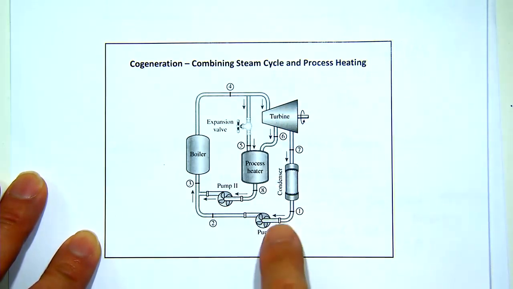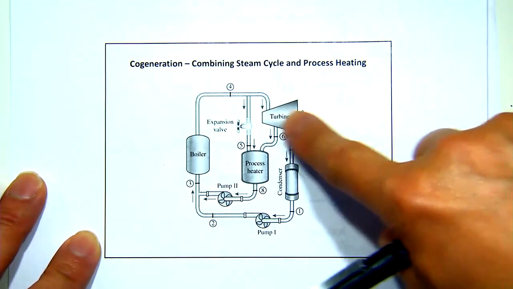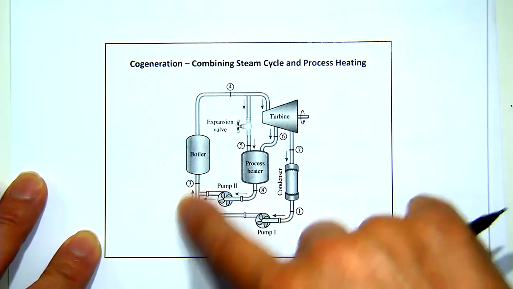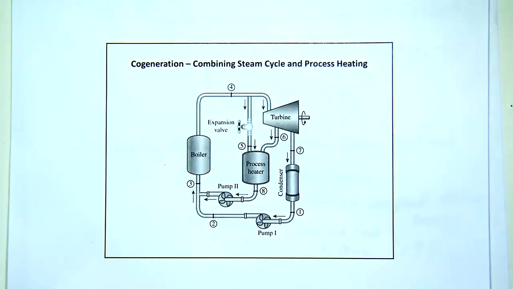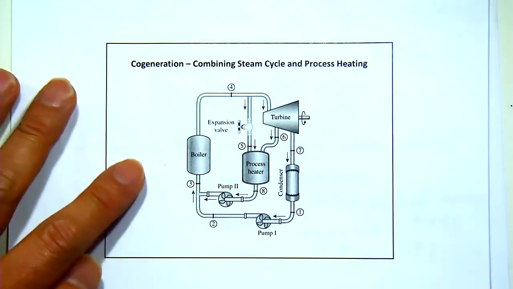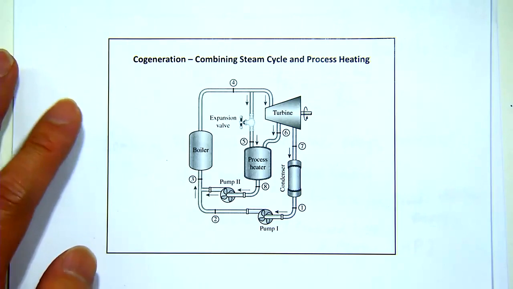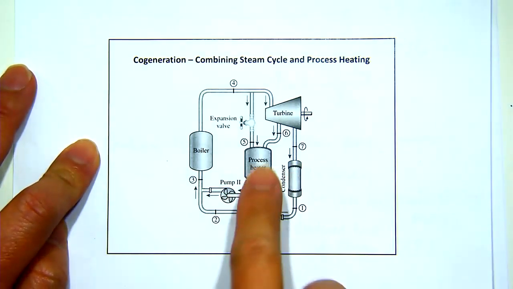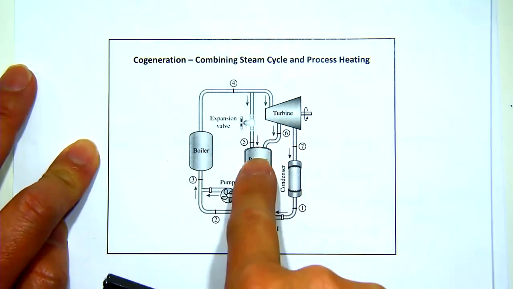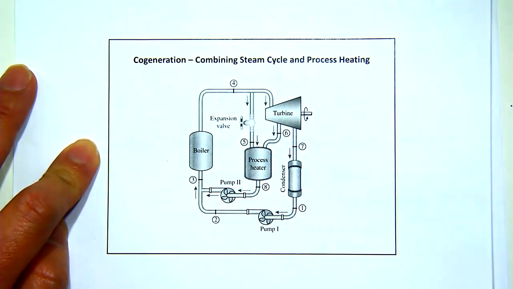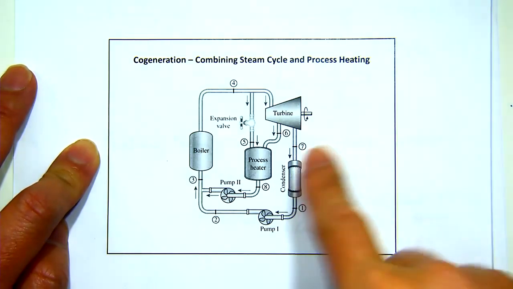It's not used to heat the water, but is used for some other purpose. And the rest goes through a typical Rankine cycle, fully expanding, then going through the condenser, and then through the pump. All right. So the setup shown here can actually satisfy a varying load. By adjusting the fraction going to the process heater or through the turbine, you can serve different heat